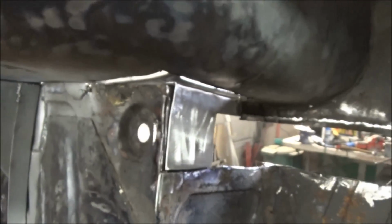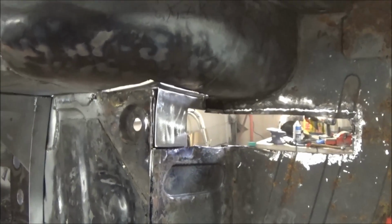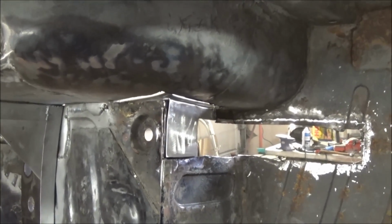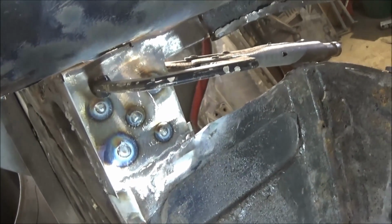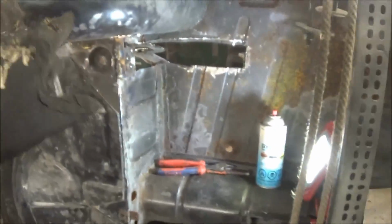So hey, we're getting pretty close. So I think we're ready to maybe do some priming, and then we'll break out the welder and weld everything up. It's taking a little while, but we're getting there. So we got the plug welds done and the seam weld done on this panel on the inside. We're just about getting ready to bend over that flange that we have welded on there. And then on the outside,